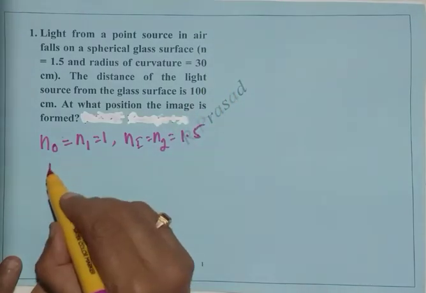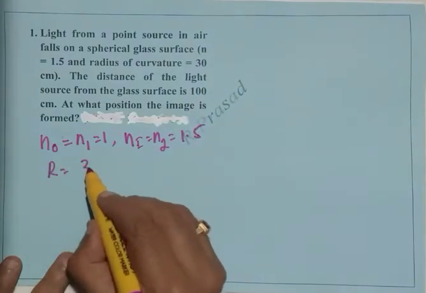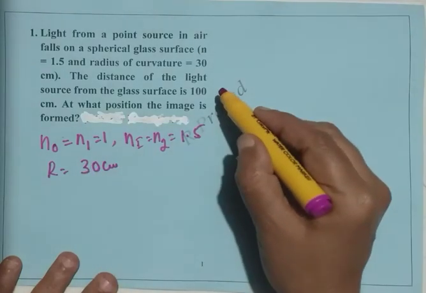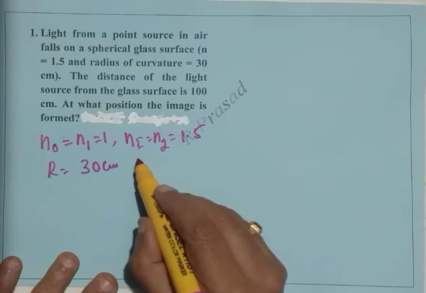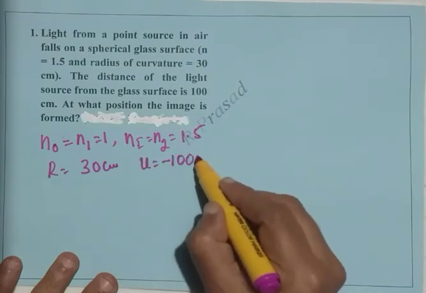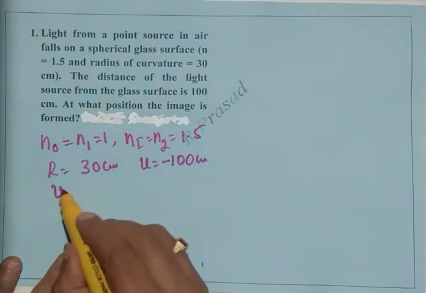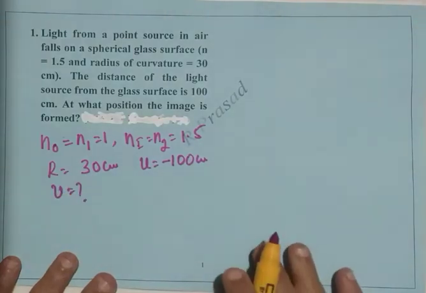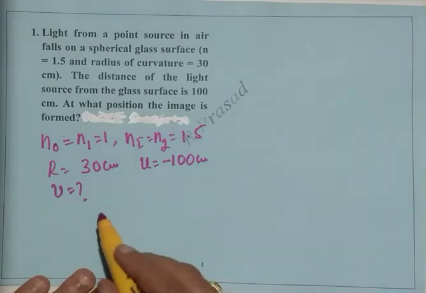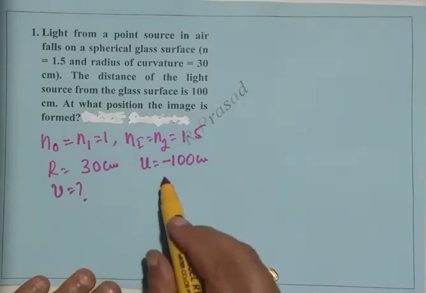And radius of curvature of the surface is given to be 30 centimeter. The distance of the light source from the glass surface, U, is given as minus 100 centimeter. We are asked to calculate V. So we write down the formula, and for the sign conventions,